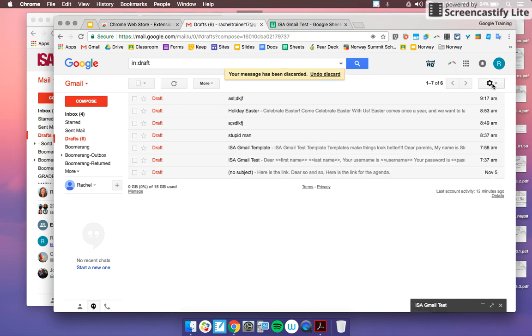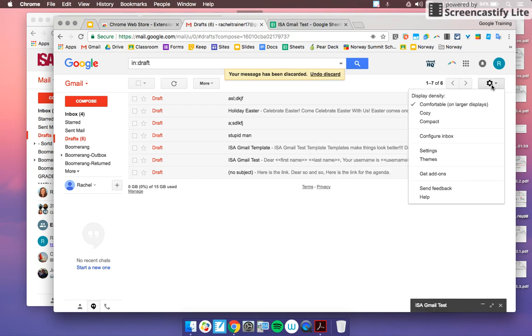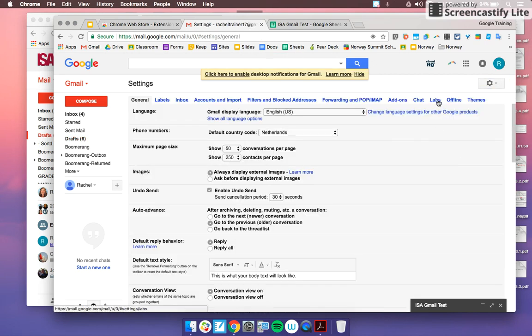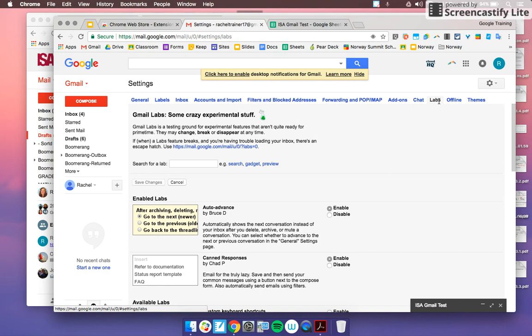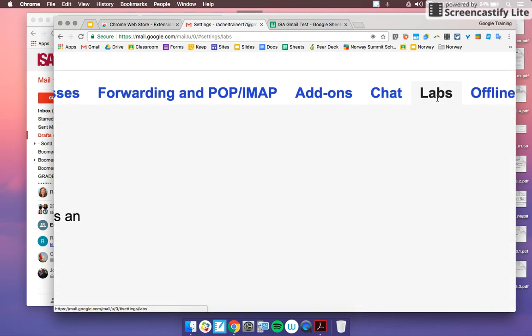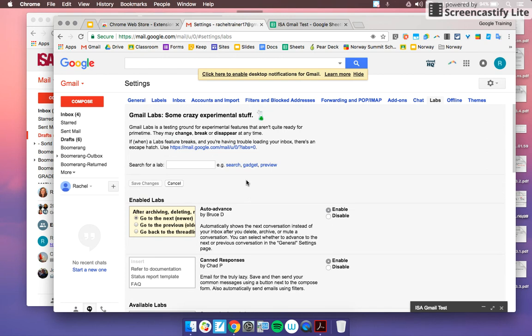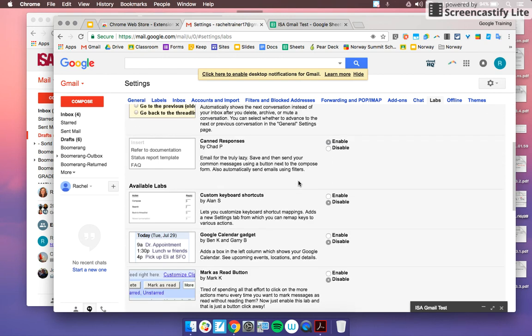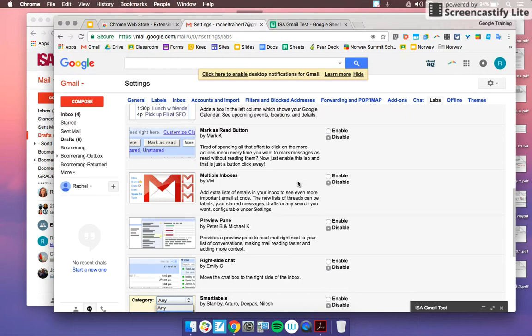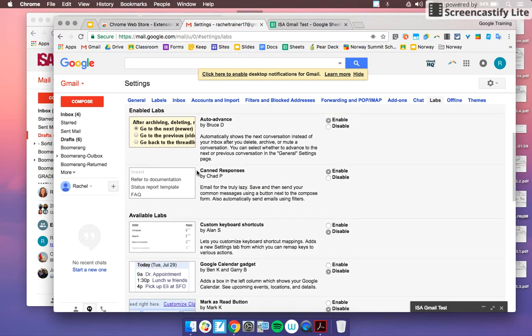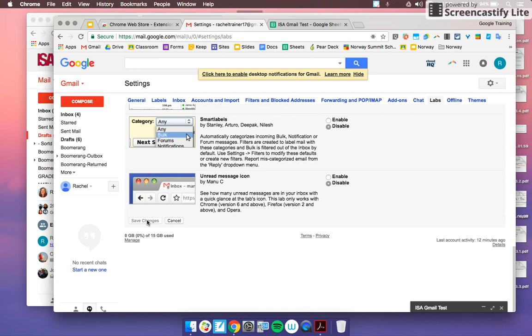Another thing that you can find under the settings, so if you go back to settings, is labs. Click up here on the tab called labs. There are a lot of different labs that Gmail has, and I would just spend some time reading these and seeing if any of these are helpful for you. But the one that I think is quite handy is called canned responses. So if you find canned responses and click enable and scroll down and save the changes,